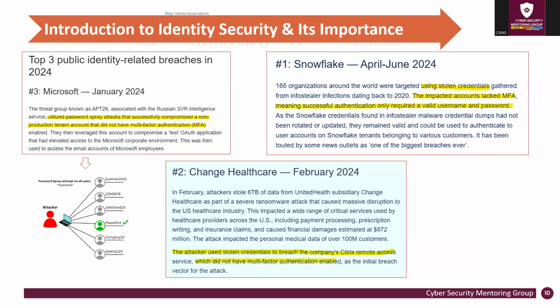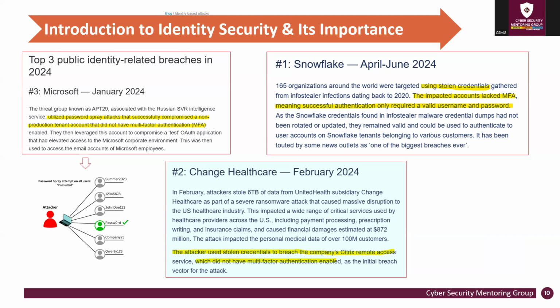So these are the top 3 in 2024. The number 3 is the one that has to do with Microsoft. I have highlighted in yellow the weakness. First is the utilized password spray. Password spray is like you're spraying passwords, whichever one goes, to attack a particular